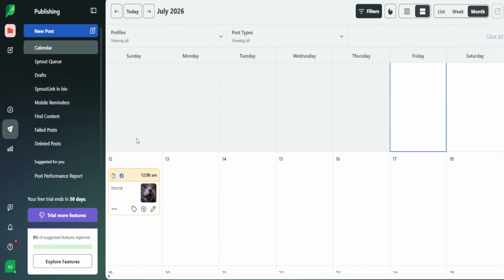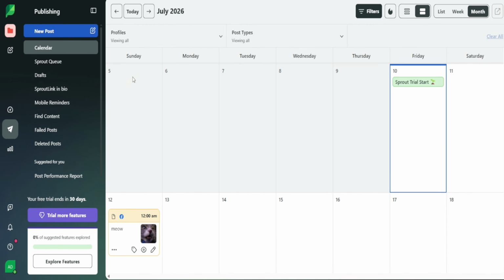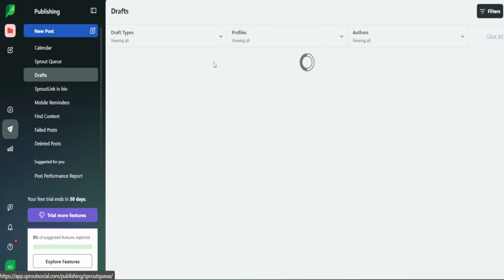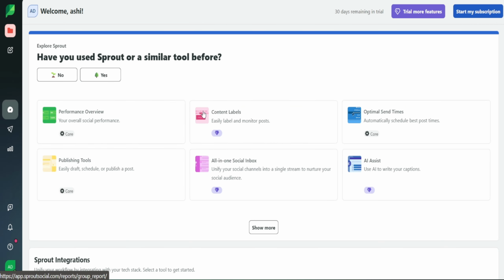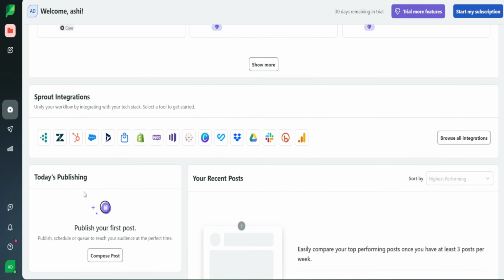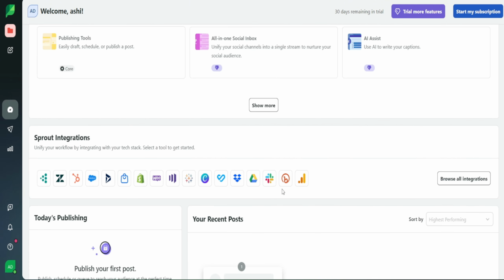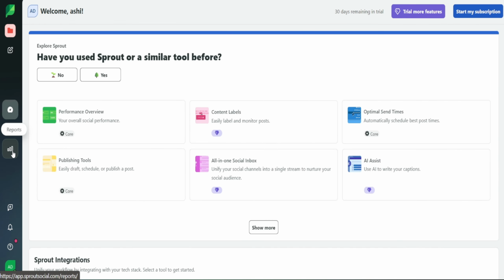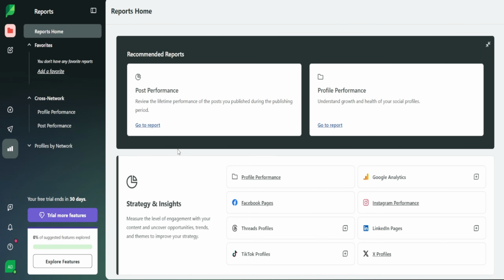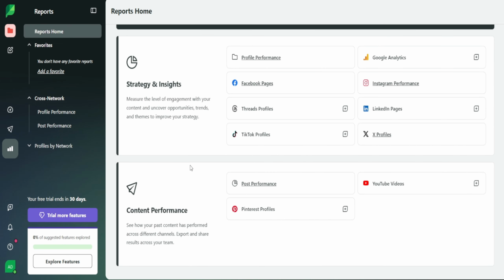And after scheduling your content, you can go to your other tools like your Sprout queue. You also have your drafts. You should be able to see the stuff you've been creating. You can go back to your dashboards to take a look at the integrations, publishing, your recent posts, and since you've just started, probably nothing will appear, and your reports. So from here, you can check your performance, you can take a look at engagement, impressions, and audience growth. From here, you can see the post results, you can see what content is actually working,